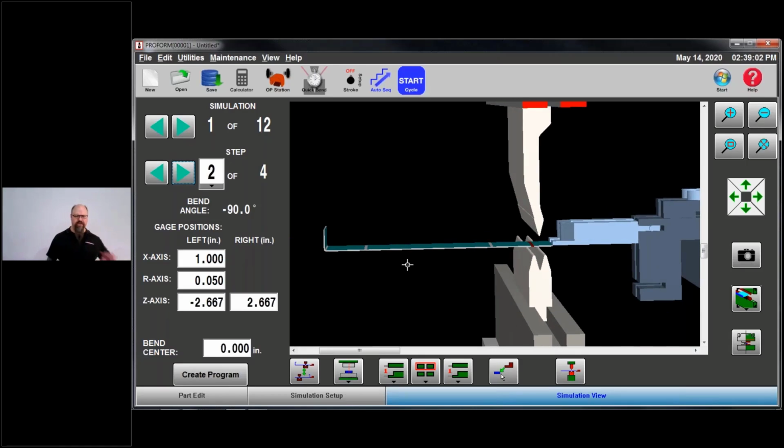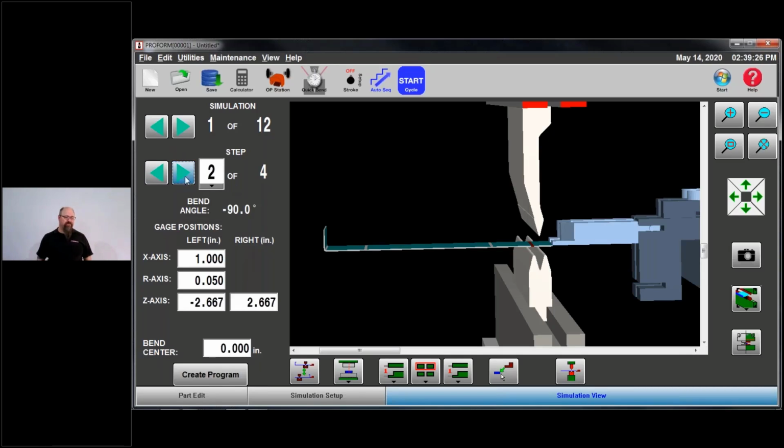Well, okay, so the machine had me rotate the part 180 degrees. If it's a small part, maybe that works fine. But me, as the operator on this, I don't want to be rotating my part end to end. I want to get all my bending done down here first. I'm going to bend, I'm going to flip, and then I'm going to bend. Then I'm going to rotate the part around and make the bends on the other side. So step 2, I disagree with.